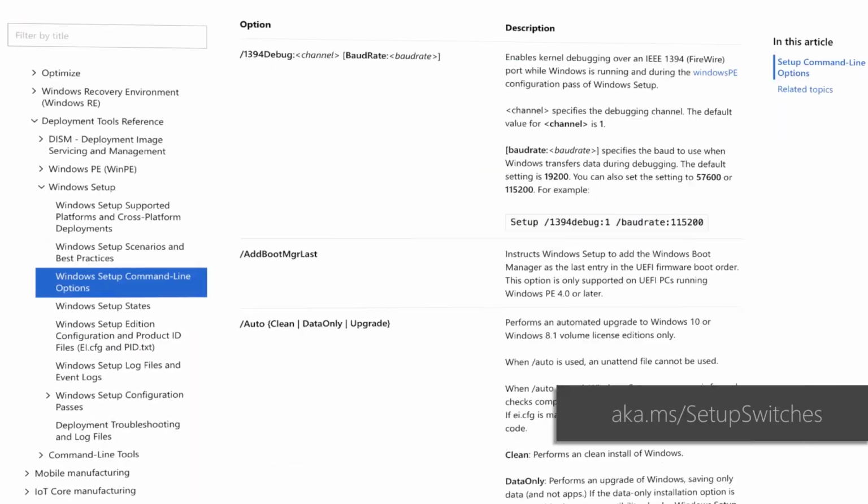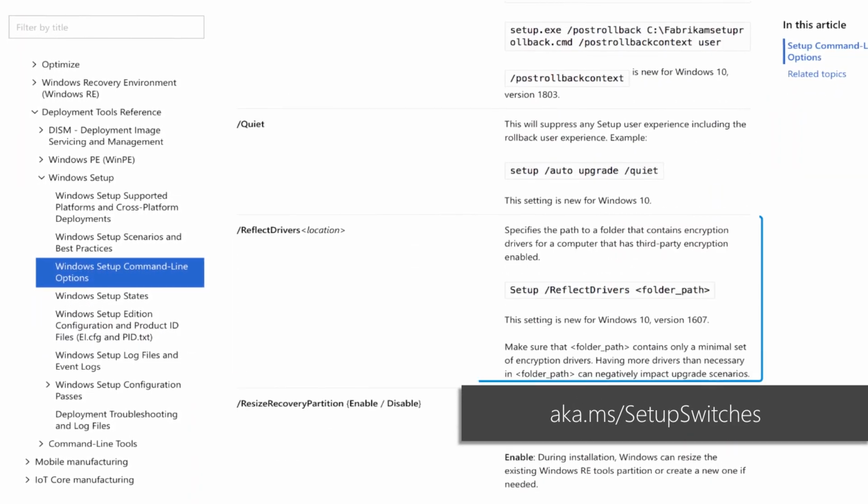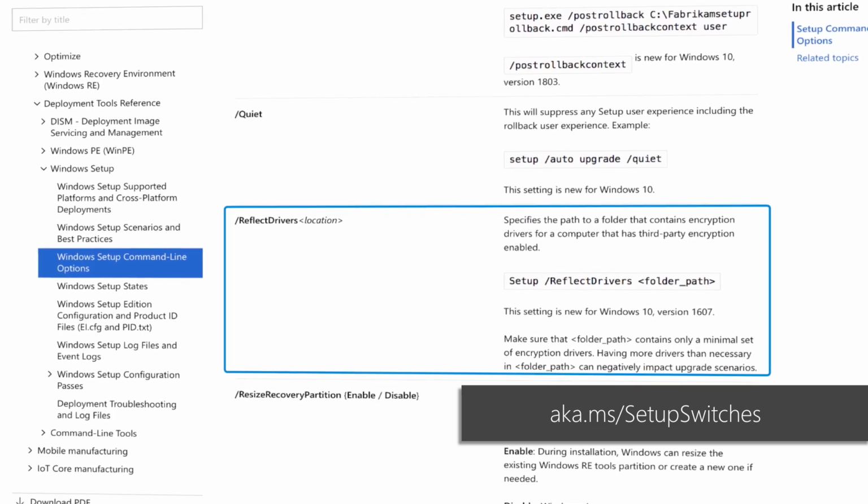First, one of the initial challenges you might encounter is hard disk encryption. Many solutions for hard disk encryption cannot be easily upgraded from a previous version of Windows to a newer version of Windows. Some vendors allow you to perform the upgrades when using the Reflect Drivers option with Windows Setup on certain versions of their platforms. Others may require you to unencrypt the drive prior to deployment, then re-encrypt after Windows is installed.